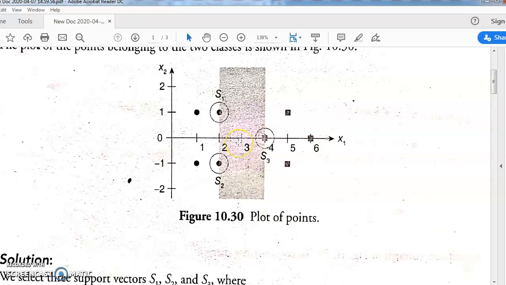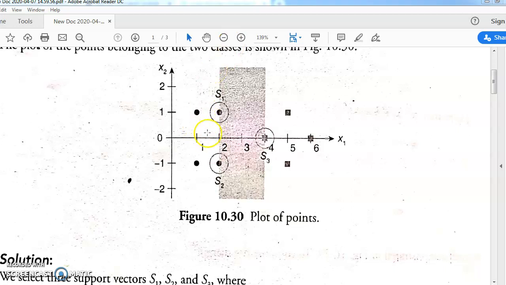So what will be the efficient one? Our task is to find the optimal hyperplane. Optimal hyperplane means there will be a maximum margin from both classes, and there should not be any data point lying between the margin and the hyperplane. For that purpose, find the boundary points. The boundary points for the hyperplane are known as the support vector points, or support vectors.